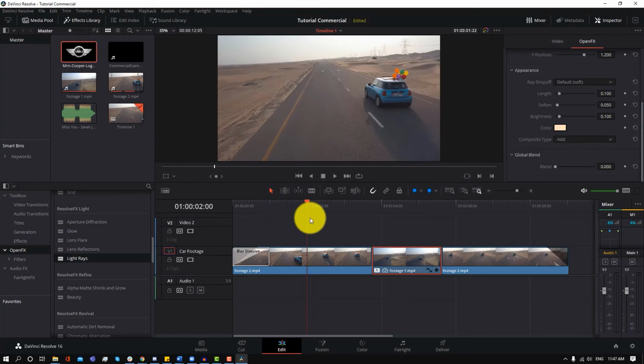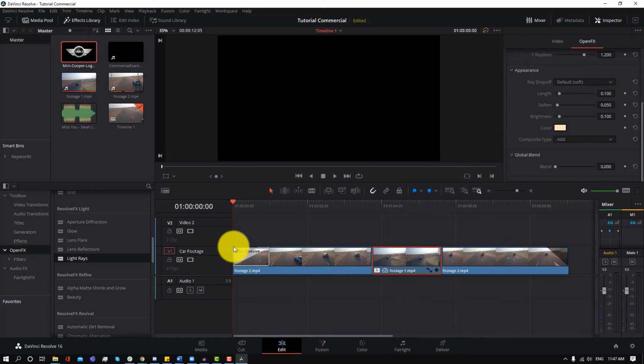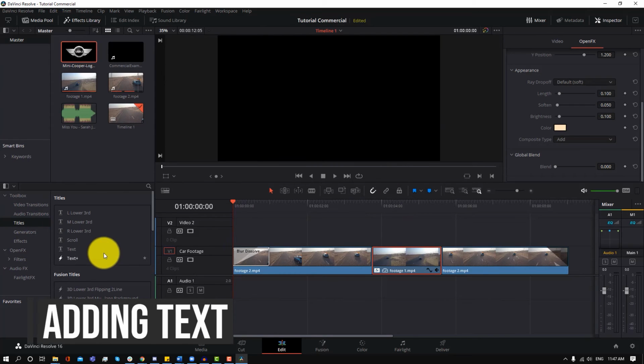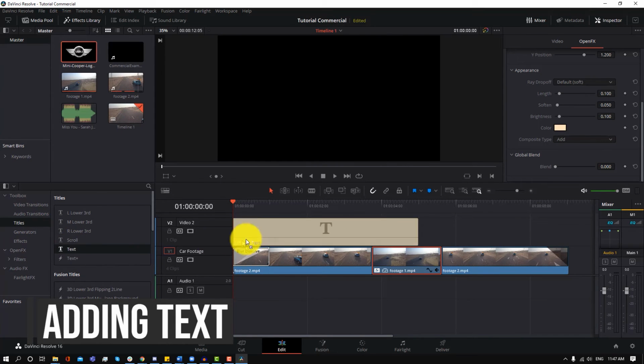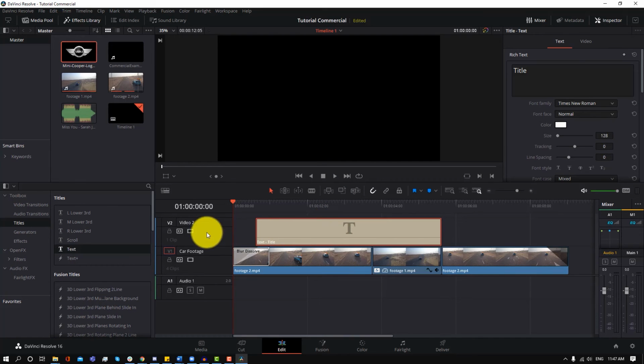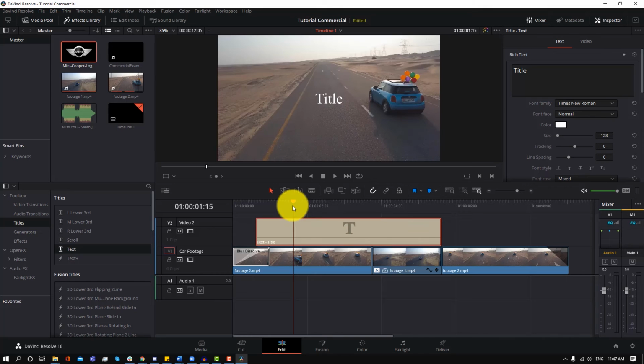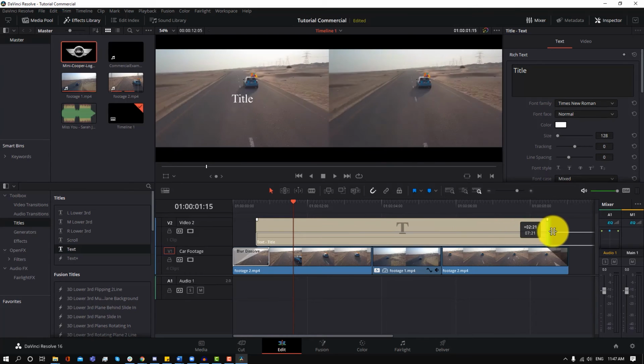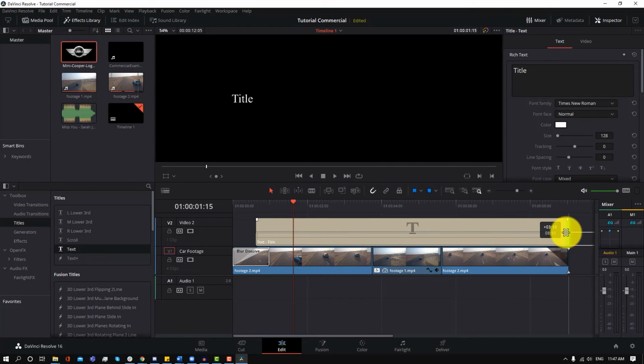Now what we're also going to do is add some text. Adding text is very similar. We just have to go into titles. We can go into text and we can drag it to our timeline. This text I'm going to have on top of the footage, so it's going to be in the layer above. What this will let us do is have the text on top so we can see it. And I'm going to make this start after the fade, but then it'll last for the entire commercial